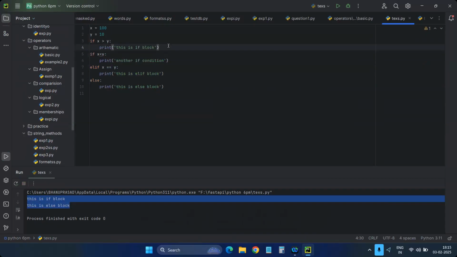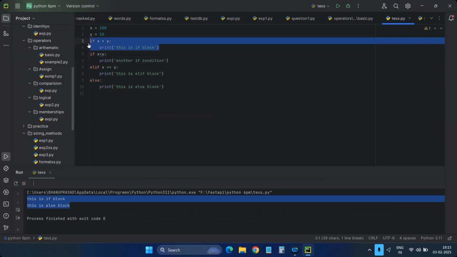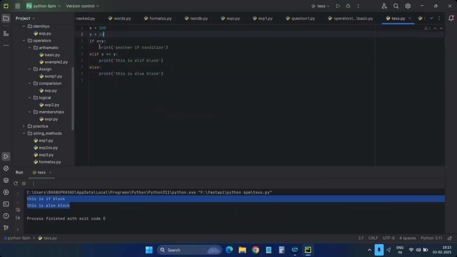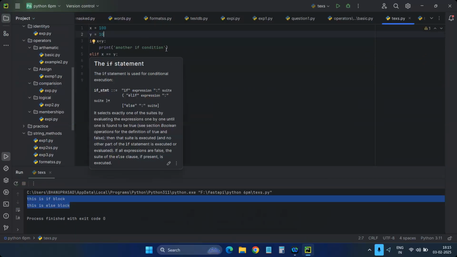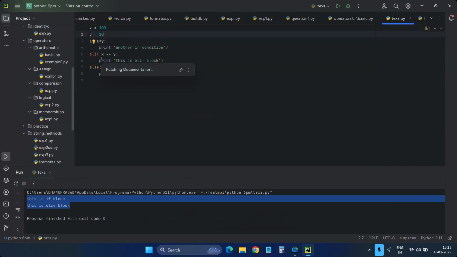You will have an error. You will get the wrong output. Avoid using two ifs. Instead of two ifs, you should use elif. How many elifs you want, you can use here. For example, I'll use elif